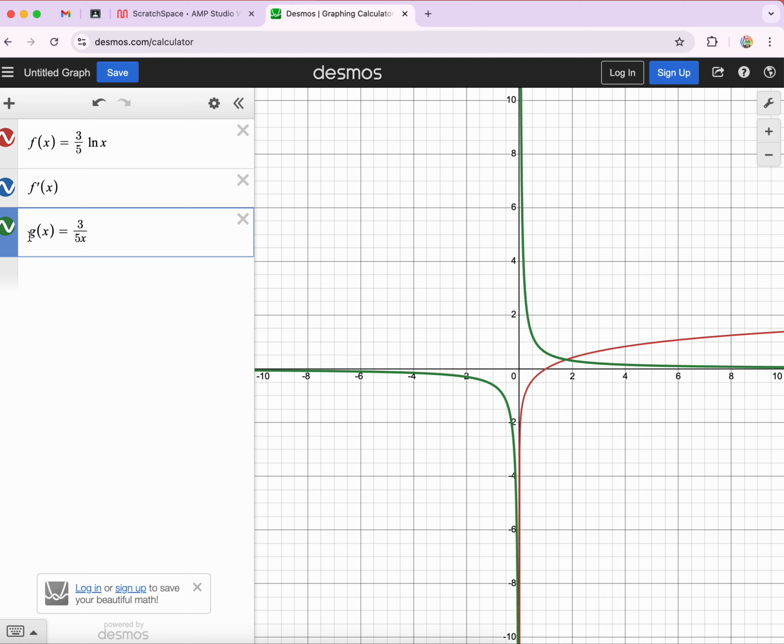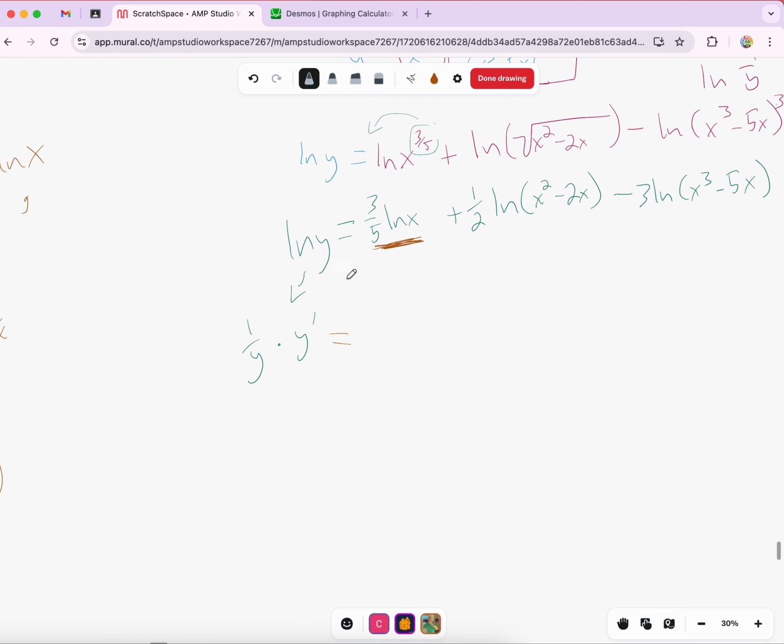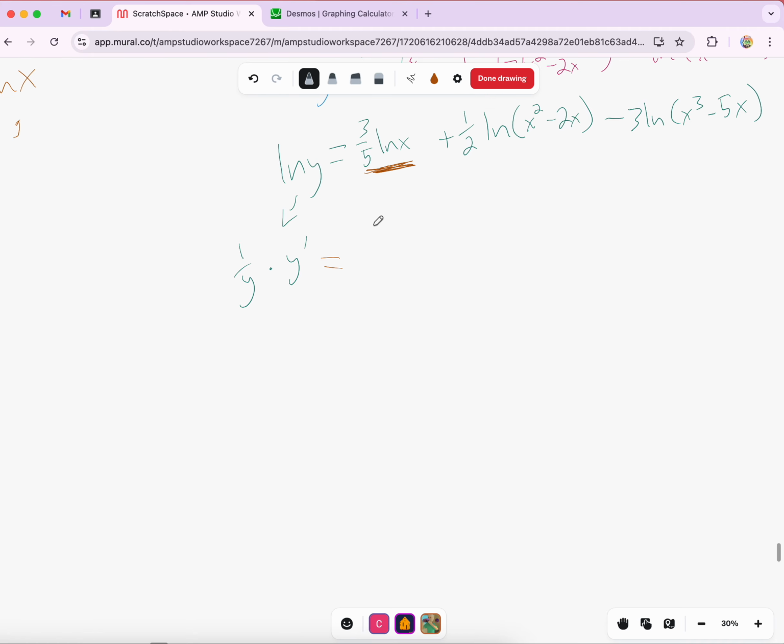Ah, it is. Now, remember, we have this domain restriction going on, which is why we're not seeing this other half. But yeah, this is the derivative here. Okay, so we've got the correct derivative. Notice it matches up on this half. That's what we're really looking for, because we've got a domain restriction. All right, so this is our derivative for our first one. So I can come back over here and I can write in 3 over 5x plus,